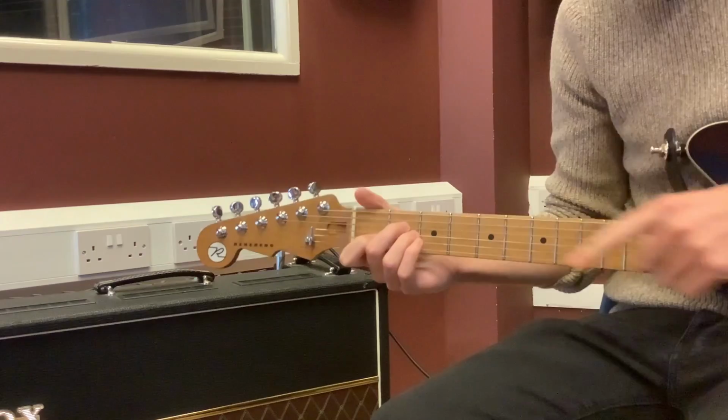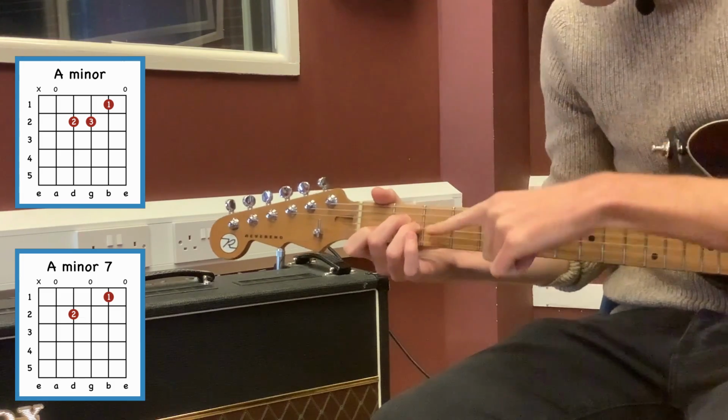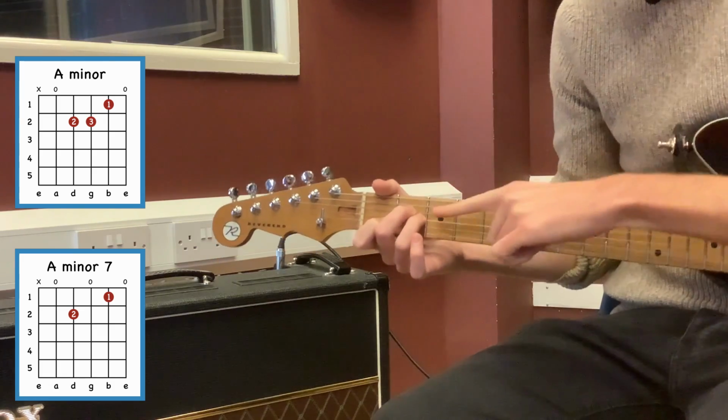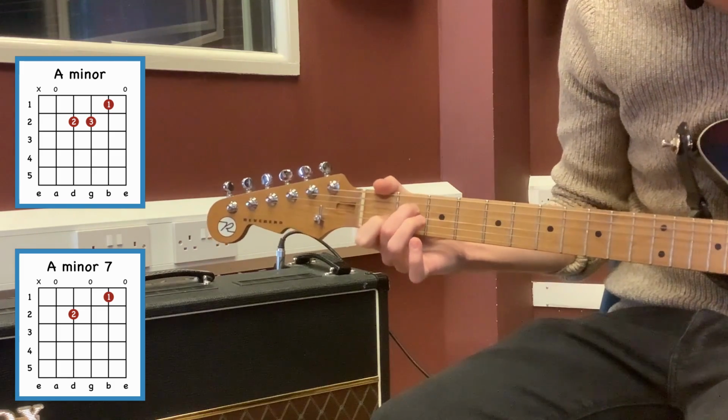Okay, we'll start with A again. If you can make an A minor chord for me, so that's middle finger on the 2nd fret of the D, 3rd finger on the 2nd fret of the G, 1st finger on the 1st fret of the B. We're then just going to remove our 3rd finger. So we have now got...